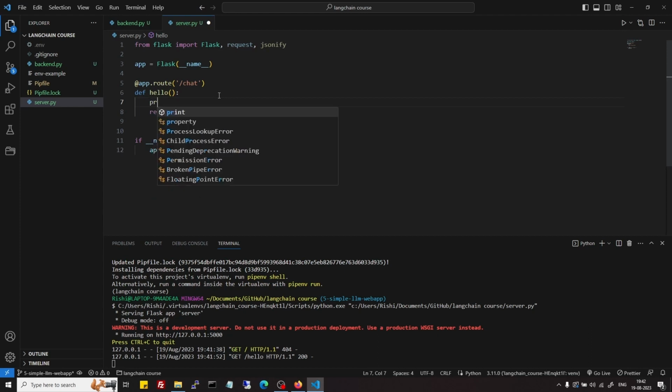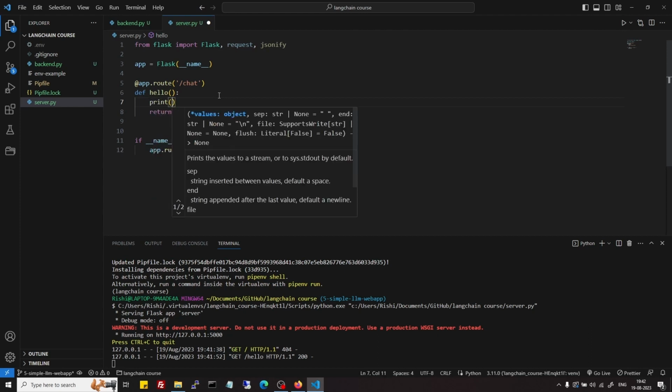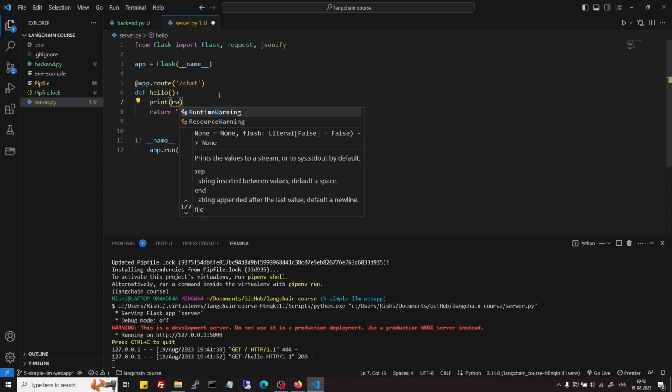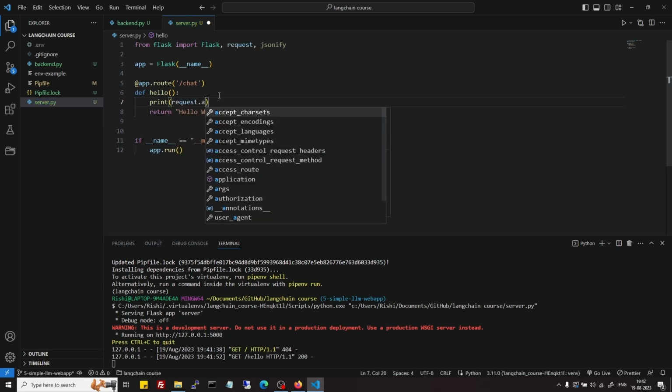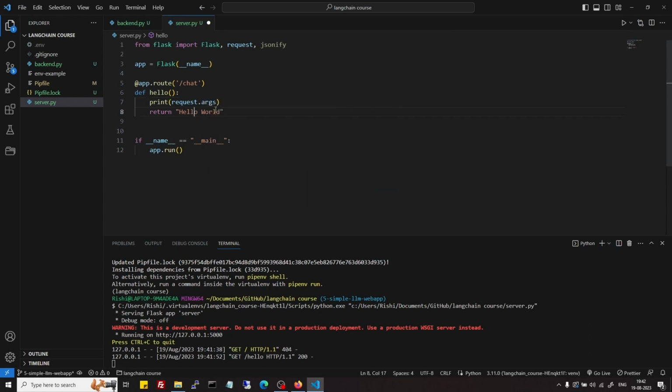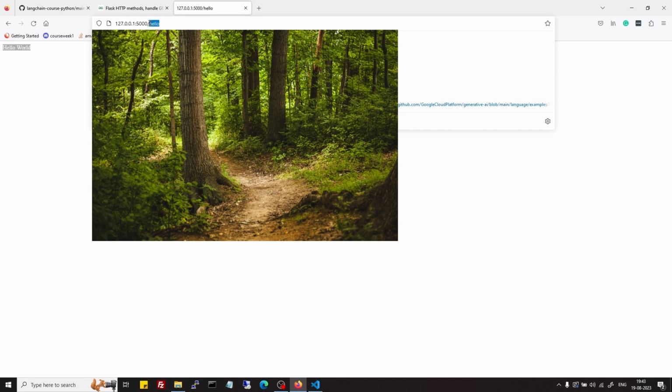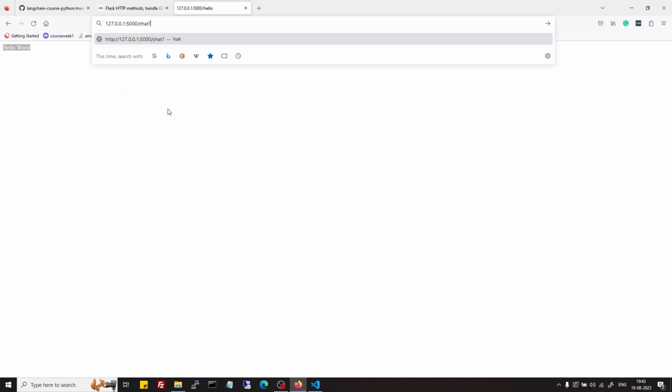So first we print request dot args. What we are doing is that now in this chat route, whatever I pass, suppose I pass input equals to test,